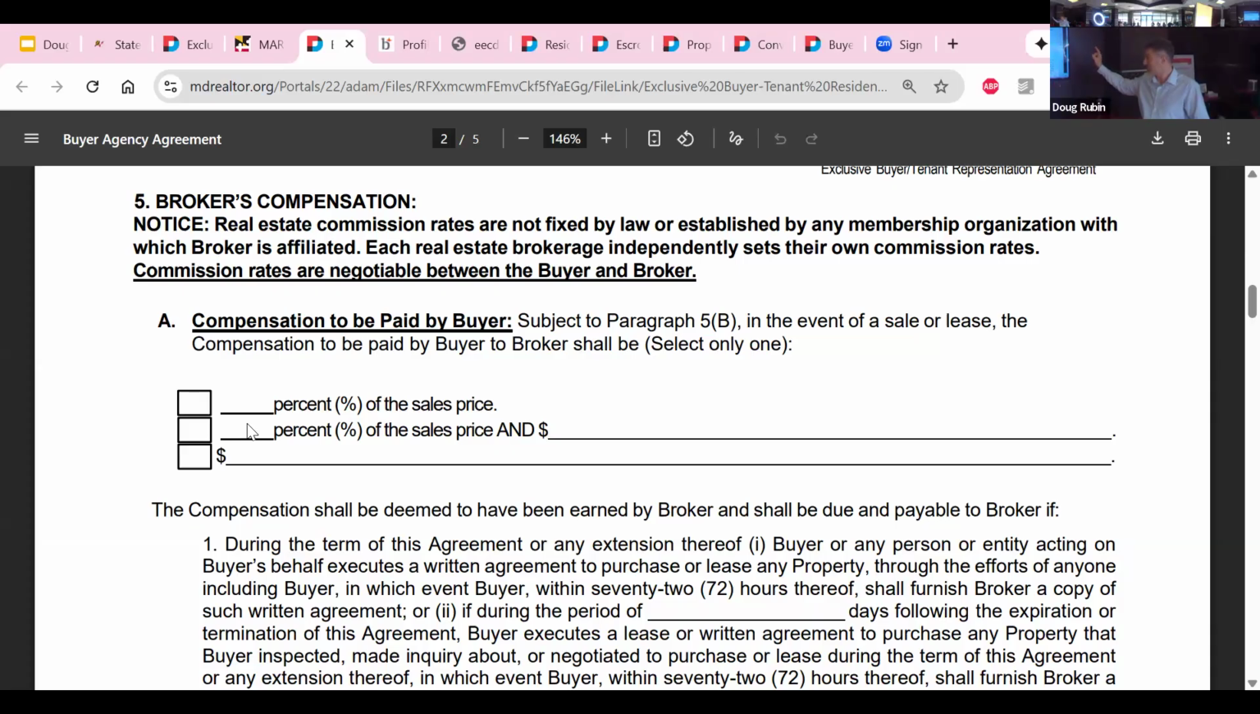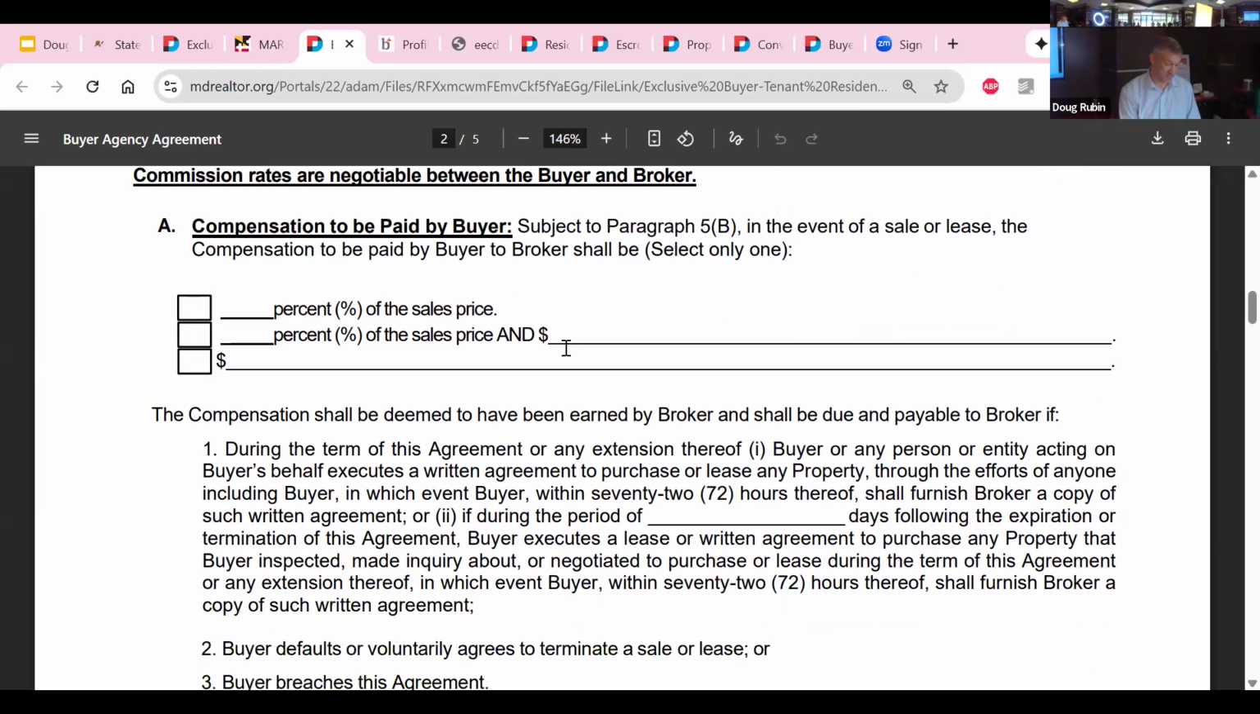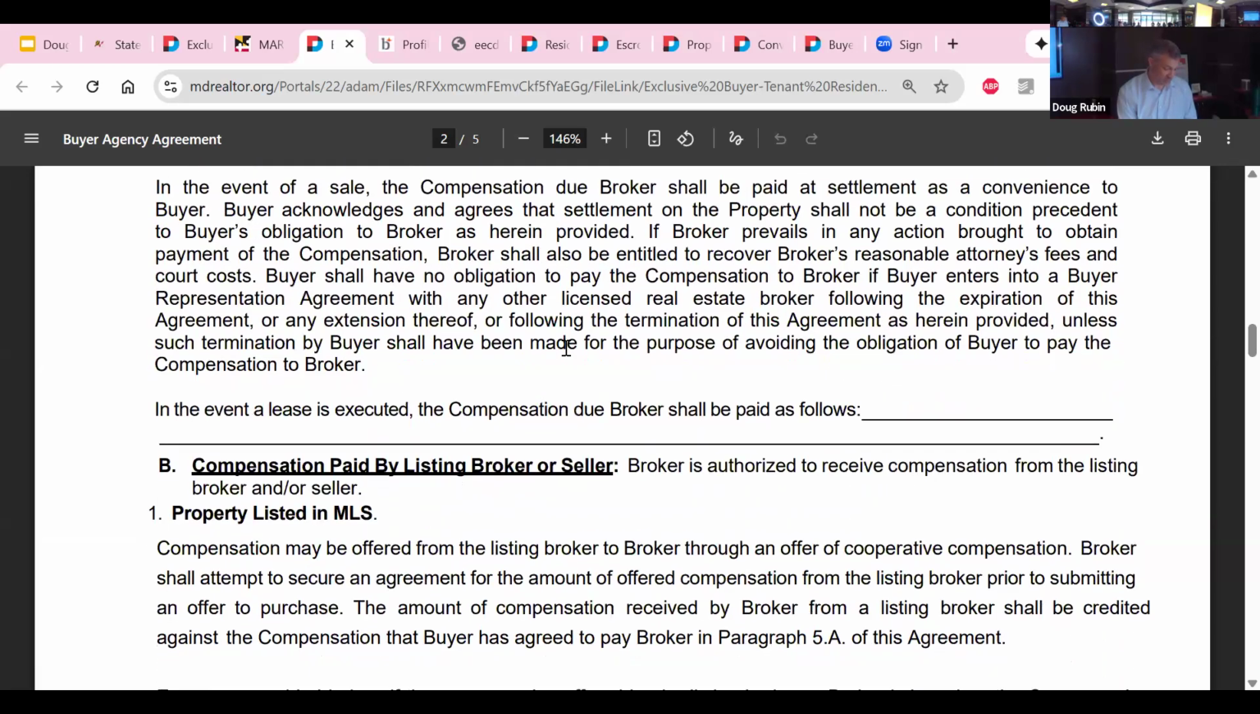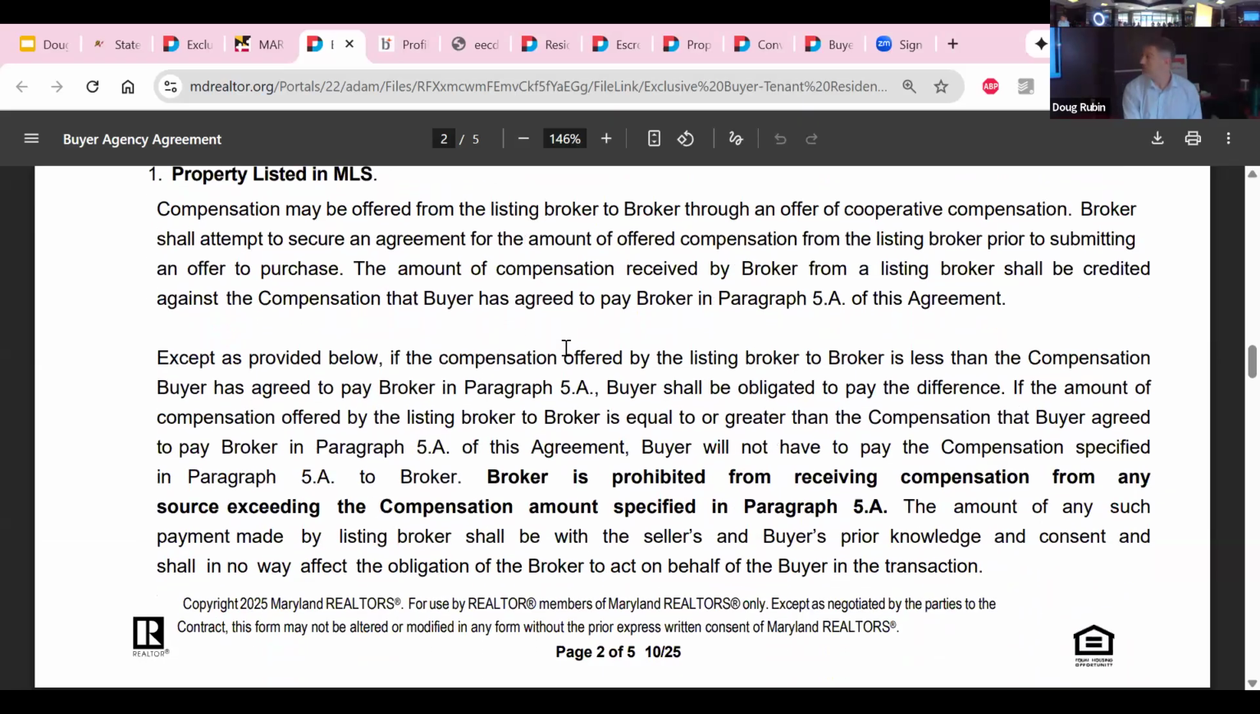Now don't brush over this, guys. It says straight up, if your buyer signs this, compensation to be paid by buyer to broker. The buyer is responsible for this money if they sign this document. Okay? Do not skip over this paragraph. They need to understand what this means. There's a saying, do not screw me over paragraph. But what it does say,